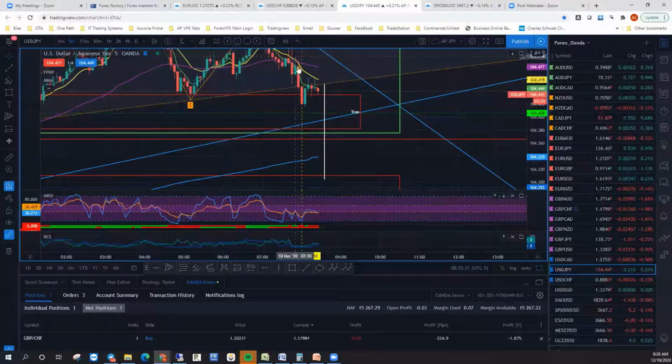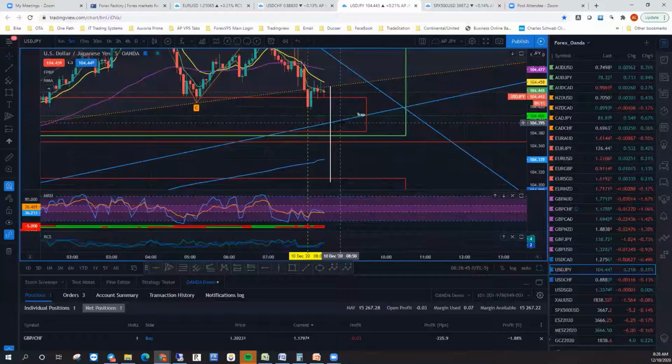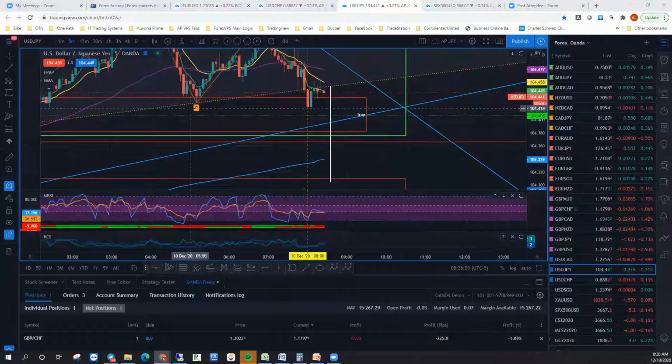Well, let's see. We have a nice drop. We have a little bit of a wedge base coming in here. Now, if we can get a close below, well, this is going to be an interesting one to watch. I think we're both in agreement it's going to break down. The question is how far. That's where the deciding factor is. How far is it going to go? Well, let's find out.